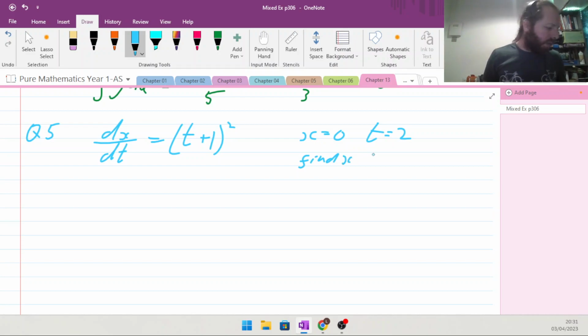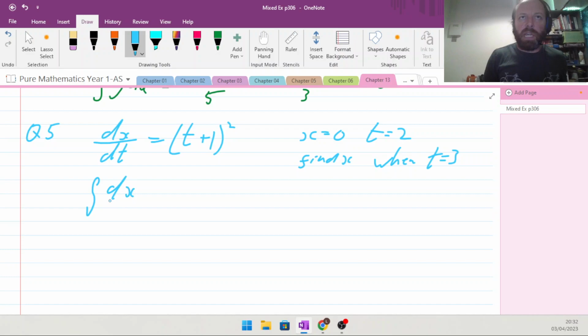Find x when t is equal to 3. So basically we're going to integrate this whole equation, use these two values 0 and 2 to work out the plus c, and once we've got that we can then put t into the equation of x to find out x. So if we take the integral of both sides,